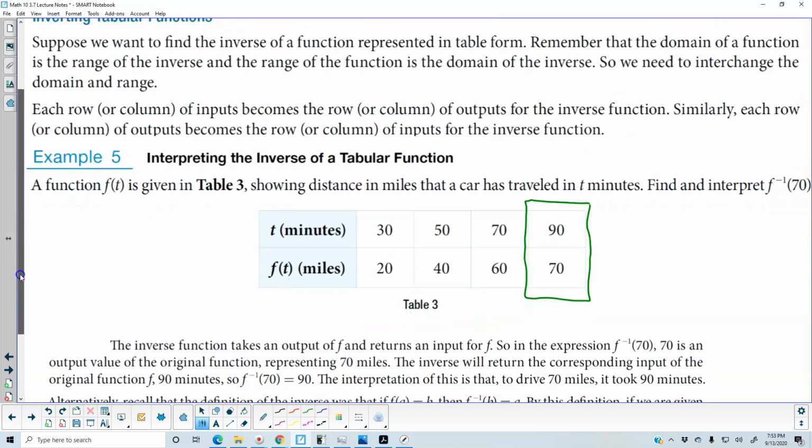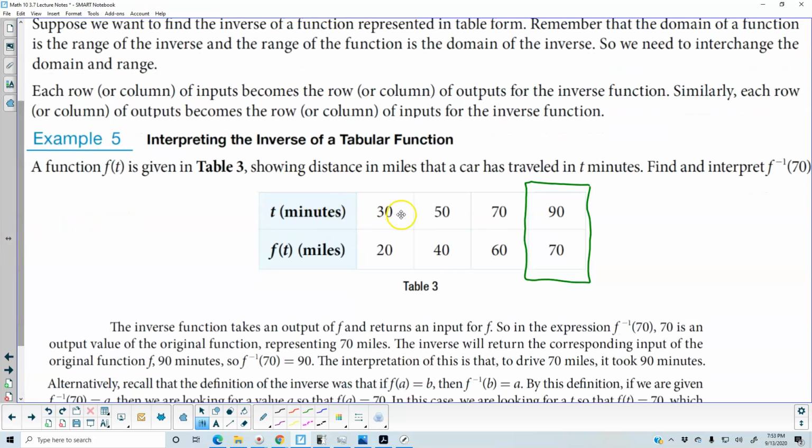So for example 5, we're interpreting the inverse of a tabular function. A function f of t is given in table 3, showing the distance in miles that a car has traveled in t minutes. We want to find and interpret f inverse of 70. So t minutes, 30, 50, 70, 90, is the input. F of t, the miles, is the output. So we get 20 miles in 30 minutes, 40 miles in 50 minutes, 60 miles in 70 minutes, and